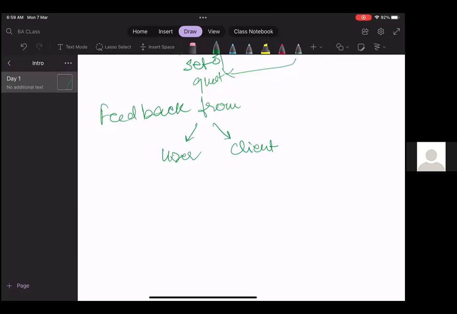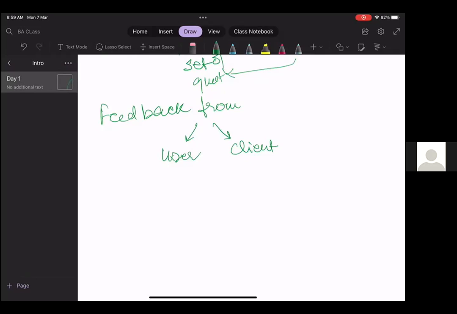The clients will not release their product into the market without testing it. So a prototype version is important. Once it is ready, it is important that BA takes the feedback from the client.